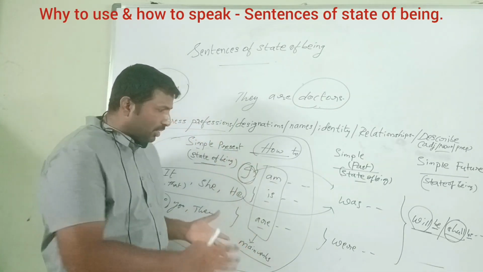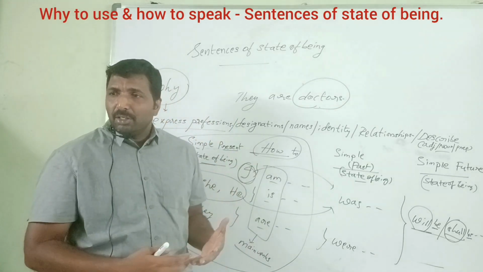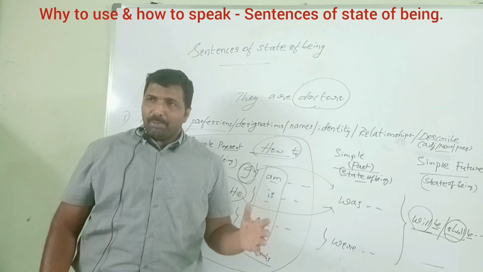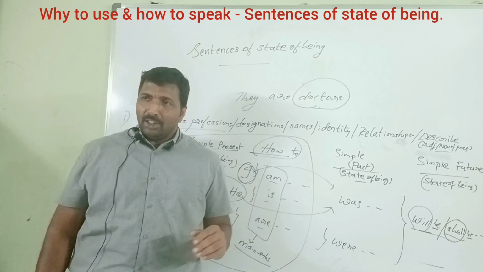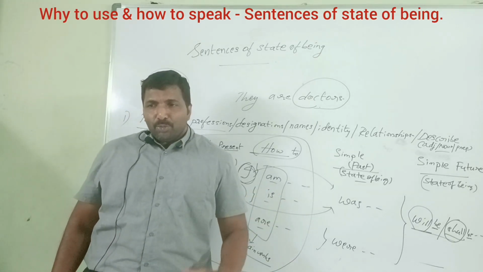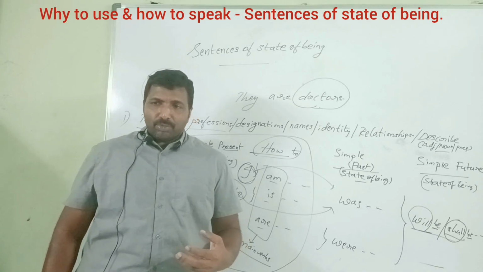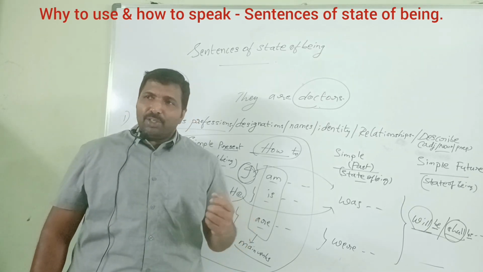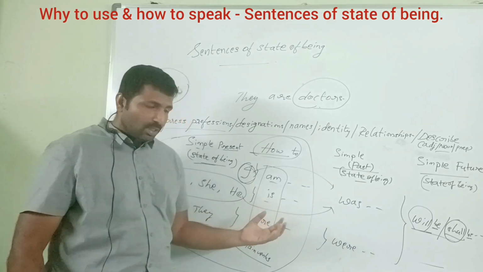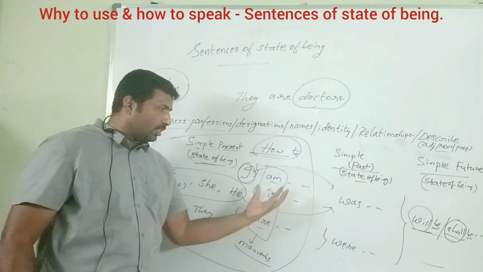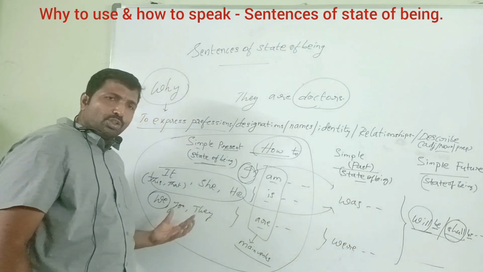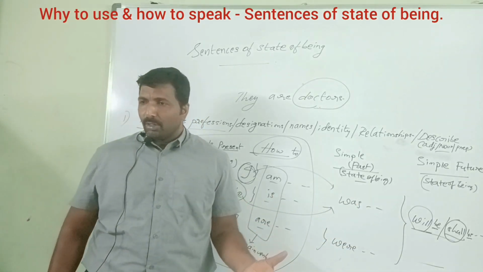We will also have discussion on these structures further, because of negative sentences we need to speak: he is not my cousin, he is my friend. Sometimes we need to express negative sentences. Sometimes we need to frame yes or no questions: are they your friends? Is he your classmate? Am, is, are, and was, were, or will, shall are kept before the subject to ask yes or no questions.